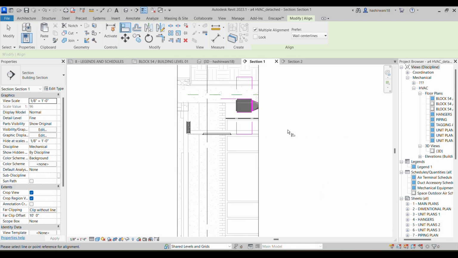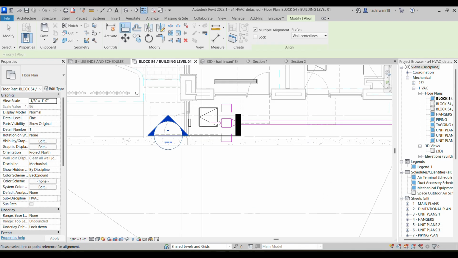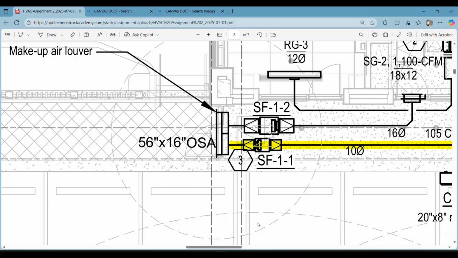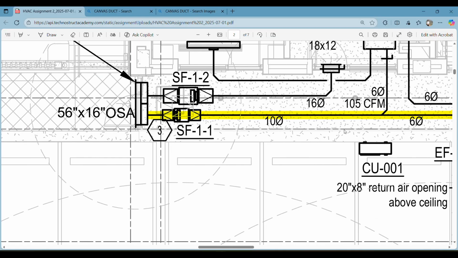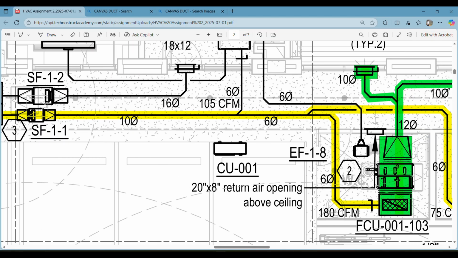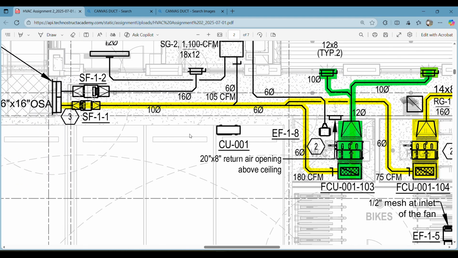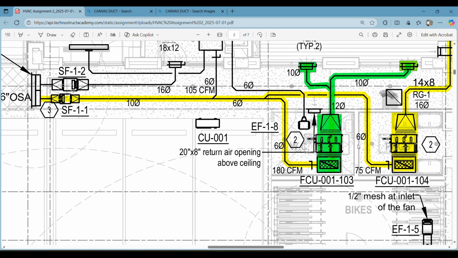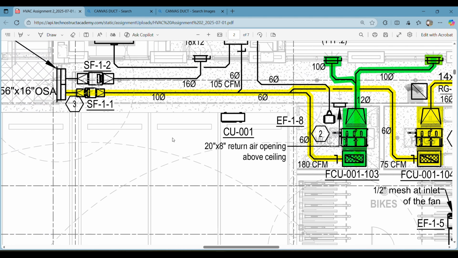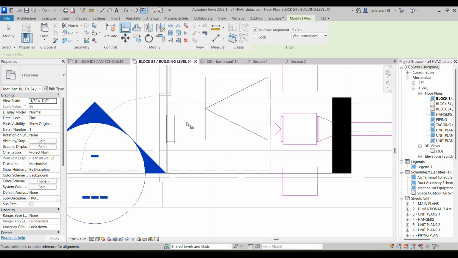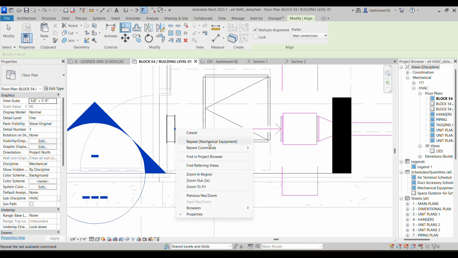Okay, so this means that we have to give a stub up here. Let us check. Stub down, sort of change the elevation here. Do we have some stub down here? What is the elevation? Okay, so I can give it here, or okay, what I will do here is I can simply